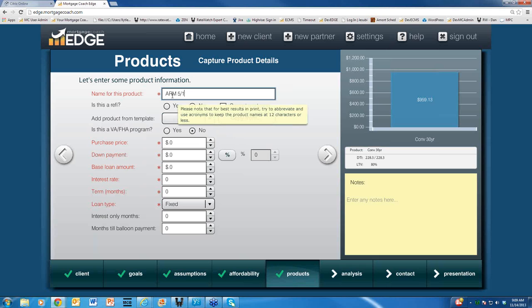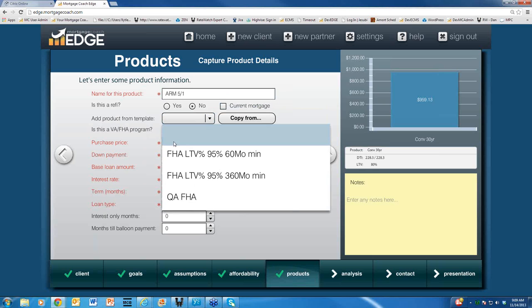Okay, so I'm bringing down my information here. We are doing a purchase, so we're just keeping it as no for right now. There's a couple ways of doing an ARM template. I'll show you after we're done with keying this information in. We'll go ahead and save this as a template to be able to use in your drop downs in this area here. It will save you time, so this way you don't have to key in all the ARM information